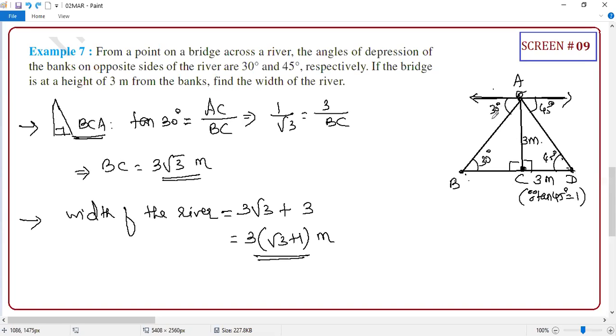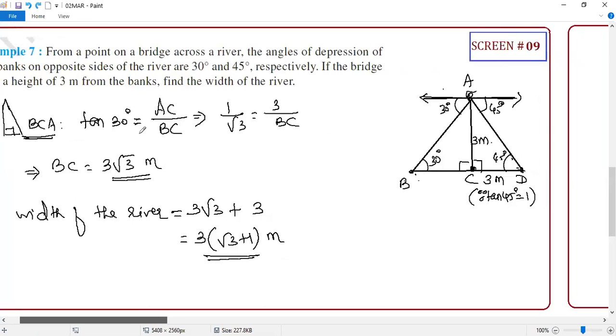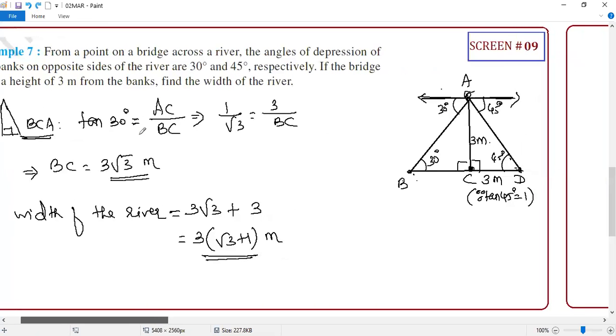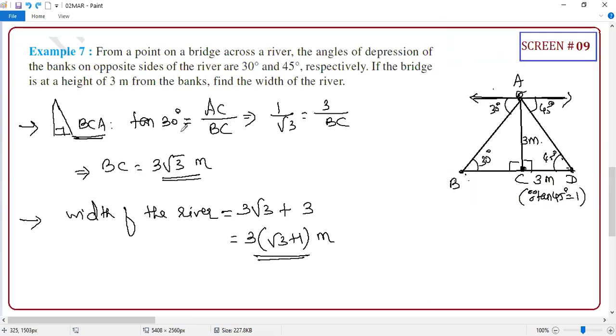Okay, sir. Follow the same method. Mention the right triangle, which triangle you are considering, and in that tan 40, opposite side, adjacent side, and put the value 1 here. Same ditto mantra. The same thing you can apply. Finally, you will get CD equal to 3. Guys, are you clear? Everyone?